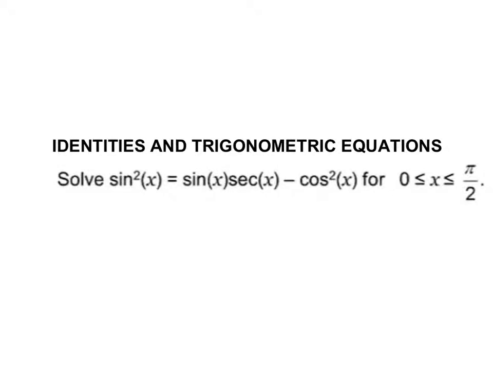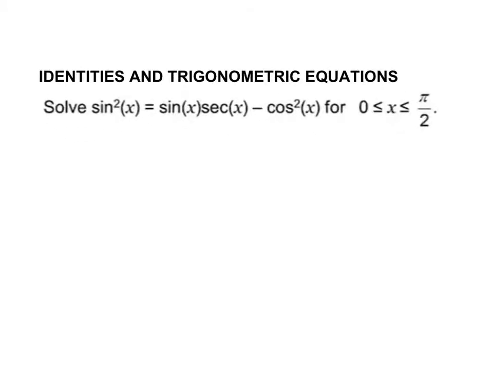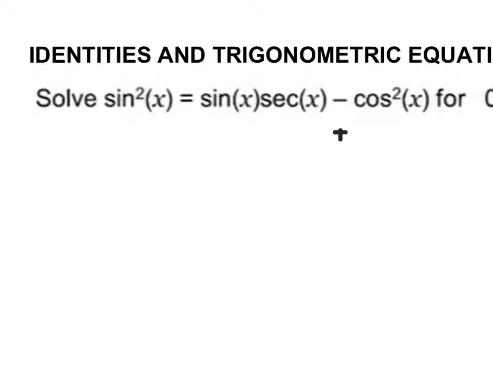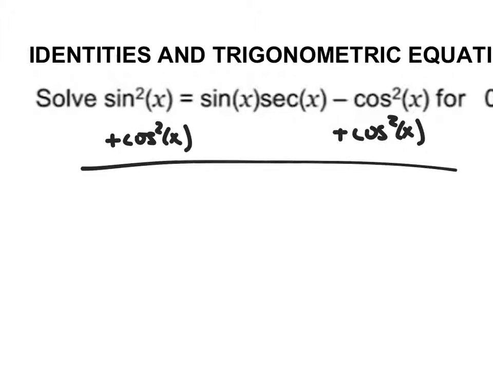Let's talk about this next one, identities and trigonometric equations. What I want to do here is solve this. Yuck. I've got sine squared of x is equal to sine of x times secant of x minus cosine squared of x. What we want to do is manipulate this so that we get a usable value. Also, our domain is restricted between 0 and pi over 2. The first thing I'm going to do is add cosine squared of x to both sides, because I recognize that on the left side I'm going to have